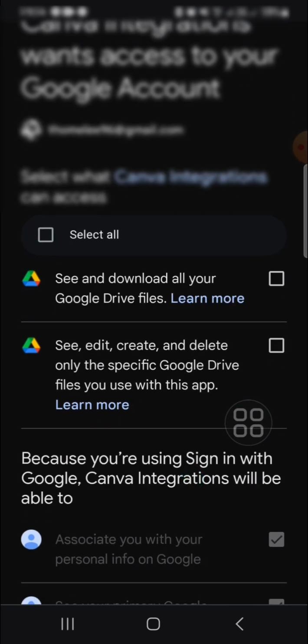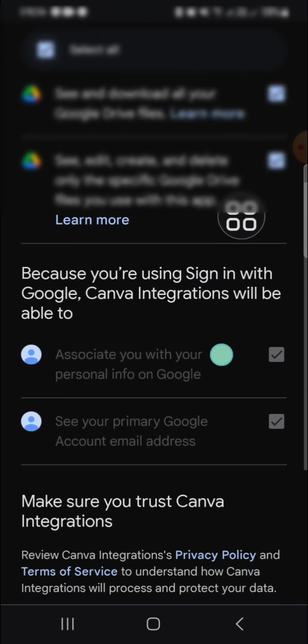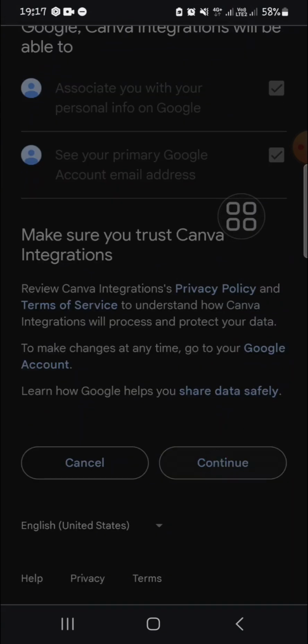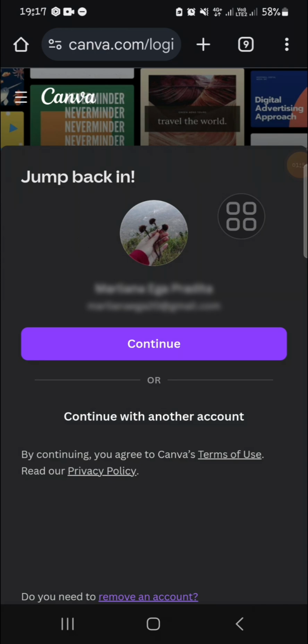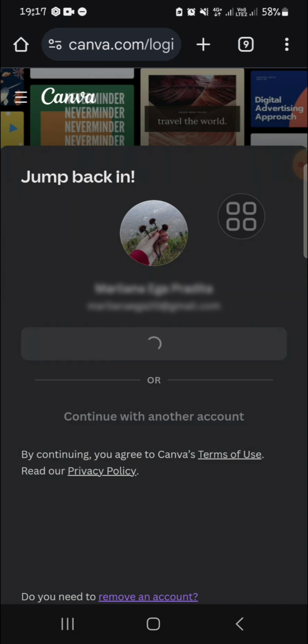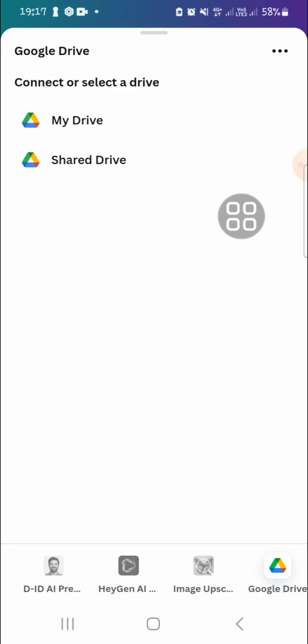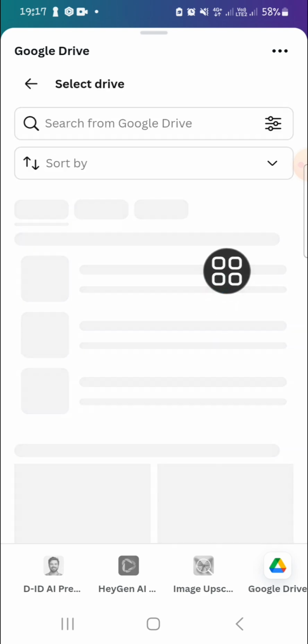Okay, and we need to select what Canva integrations can access, and then I'm just going to select all. Okay, then click on Continue. Okay, and hold on guys, it's still loading. Okay, I'm going to click on Continue. Alright, and now my Canva has been connected to my Google Drive,